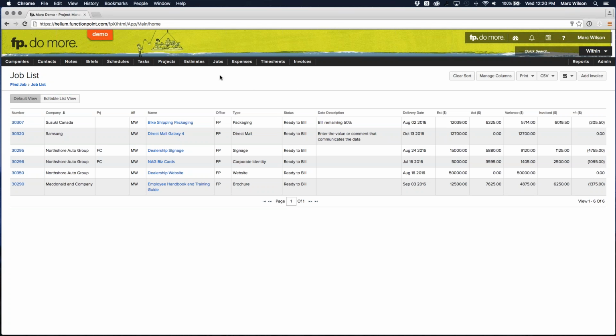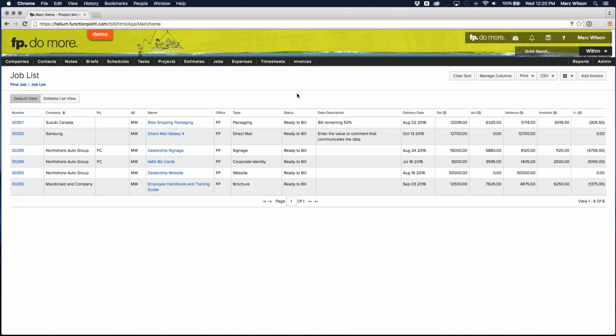The bookkeeper just needs to know that they're going to do a job find for ready to bill, and then they're going to pull up that list, and it needs to be a list of everything that is ready to bill. What I mean by that is once the bill is done, the statuses need to be reverted, and that does need to be done manually unless it is a final invoice. So, for example, we're not going to look at batch invoicing right now. We're going to look at individual invoicing,